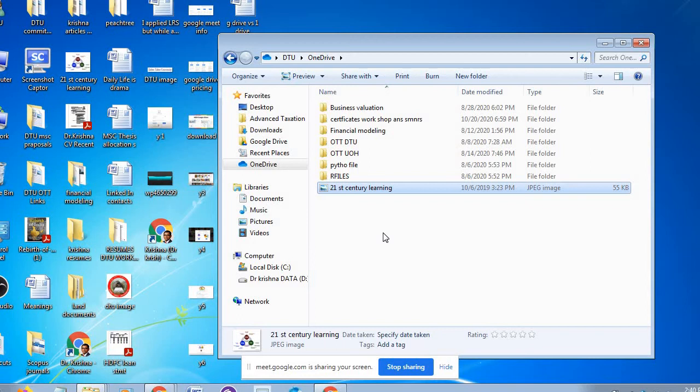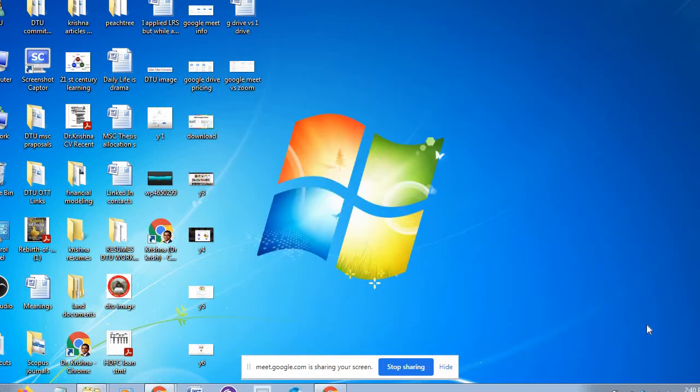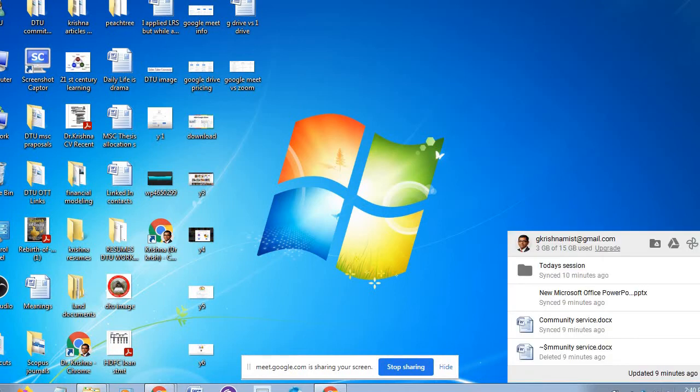If I paste this, it is automatically stored on the cloud. And where do you see whether it is working or not? Here down, you see some files are getting stored. Just now I created today's session file.